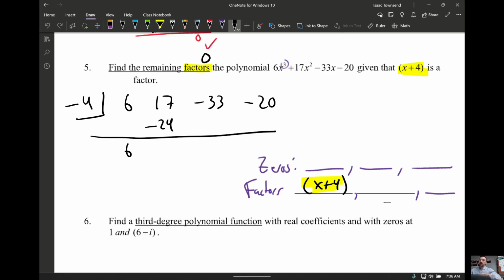So add down and multiply, add down and multiply, 6, 9, and that can't be correct because if this is really a factor, I better get a remainder of 0. So something in my arithmetic's wrong. 24, right here, 1428. Makes this -5, which makes this 20. So of course I wouldn't normally do the arithmetic part that quickly, but